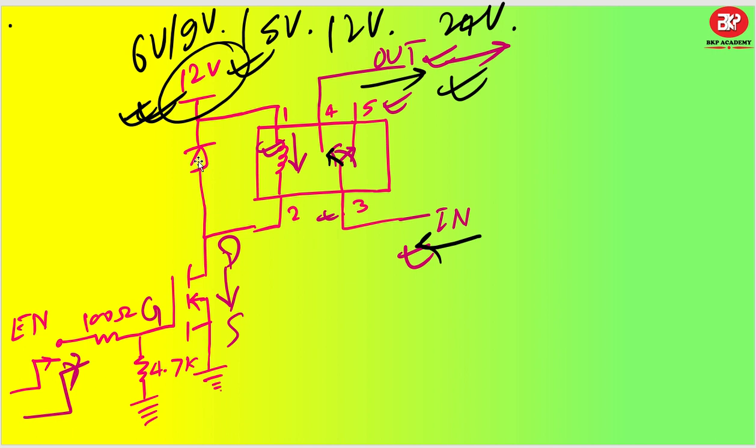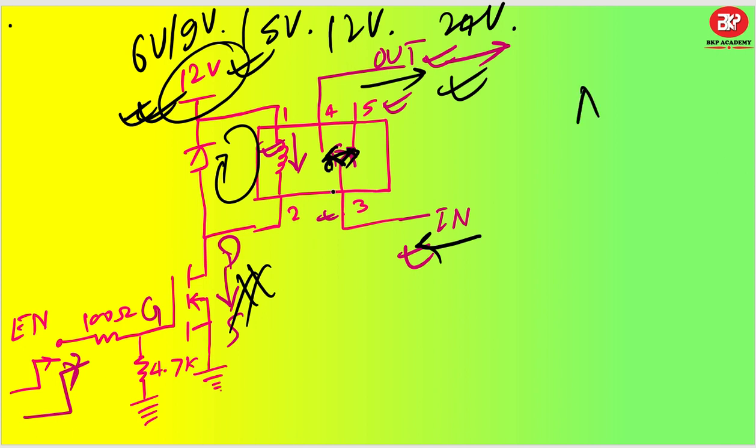And this diode is a must to make sure that the coil gets de-energized. Once the signal is disabled, like this MOSFET is disabled, what will happen? There will be a charge across this coil, and that charge must be dissipated through this path. So this is the path that it will take once the MOSFET is not working, to get discharged. And in the meantime, as soon as this gets disabled, the switch at position number 4 will again come back to position number 5.